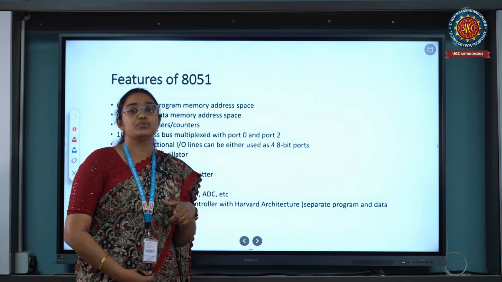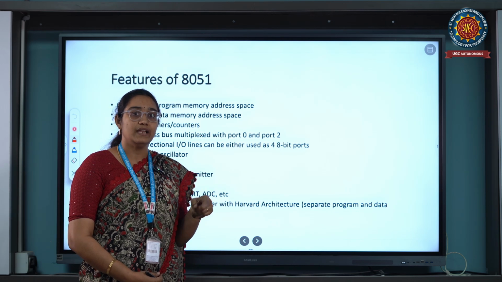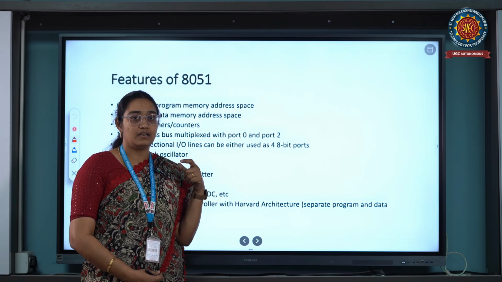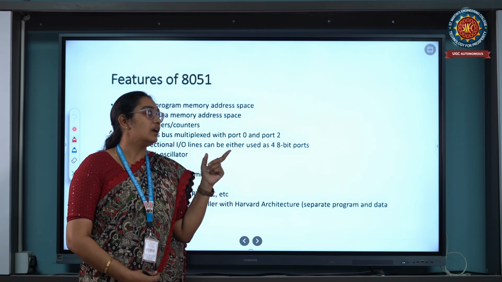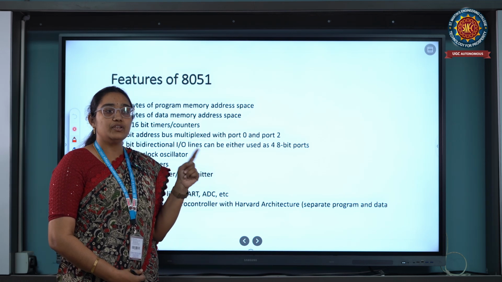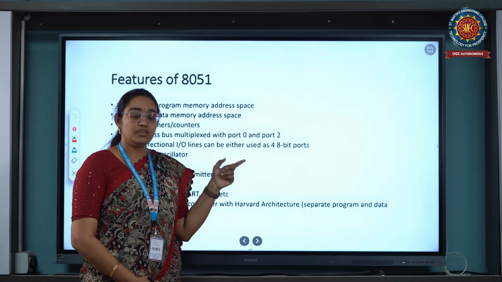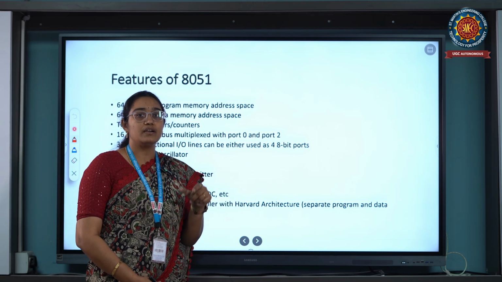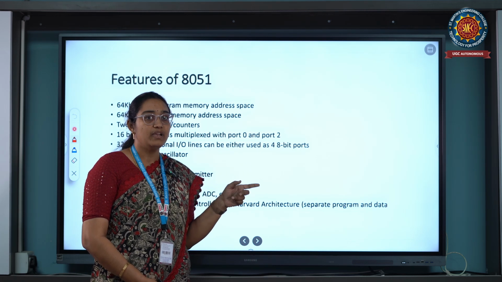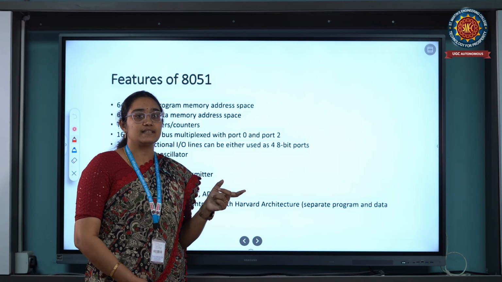Port 0 is used as an input output port, and also as the address bus, data bus and control lines while interfacing with the external ROM and RAM memory. Port 1 is used as an input output port, and also for interfacing external peripheral devices. Port 2 is used as an input output port, and also as the higher order address lines, that range from A15 to A8. And port 3 is used as an input output port.